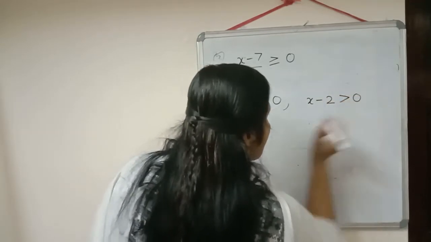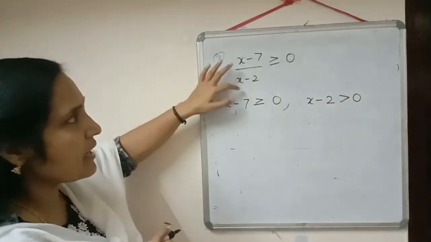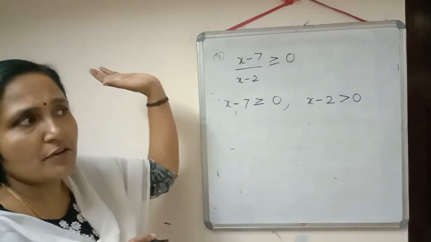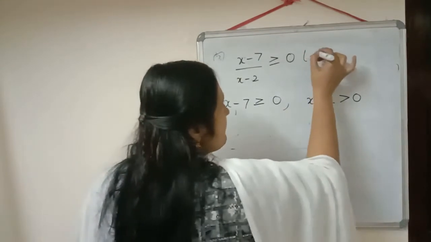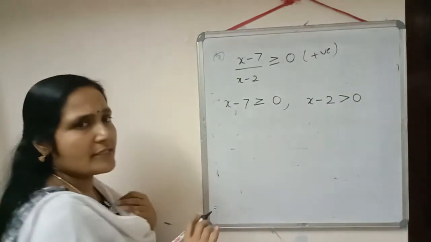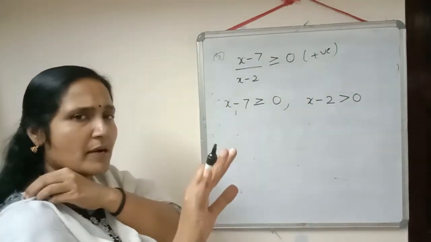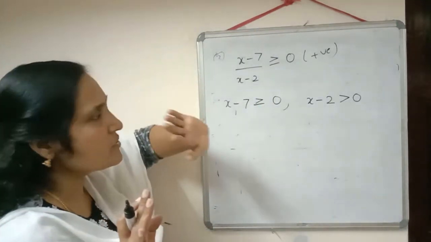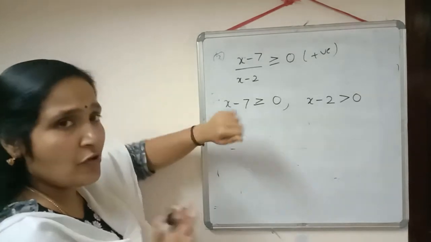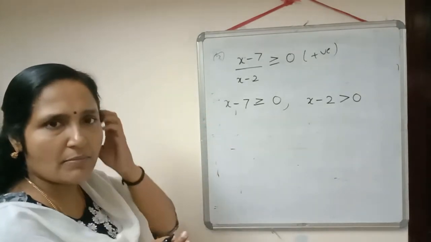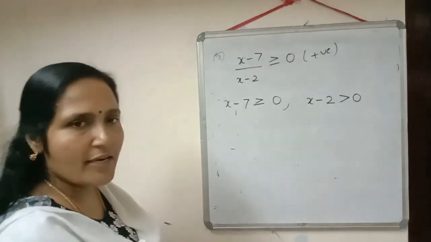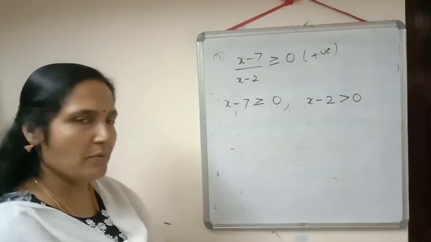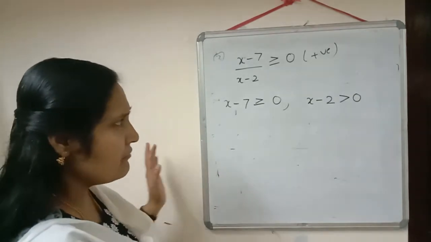So the denominator is greater than 0 because both are positive. Our rational number is greater than or equal to 0, which means we have a positive rational number here. You can write down in this way. Greater than 0 means positive, less than 0 means negative. If it is equal to 0, the only possibility is that the numerator will be equal to 0, because according to the definition of a rational number the denominator should not be equal to 0. Okay. Now we will solve this one.